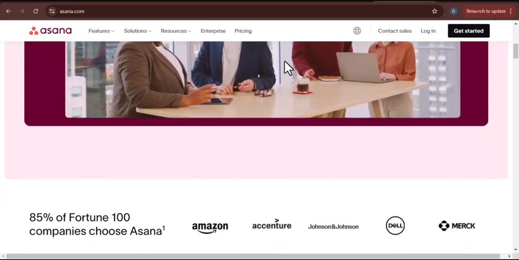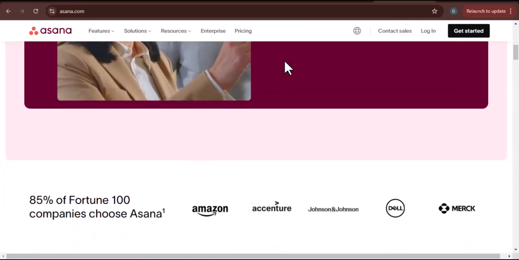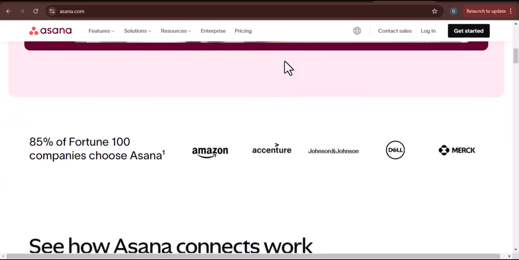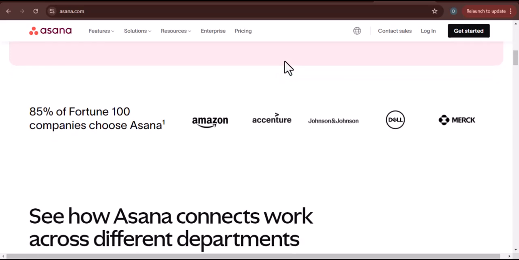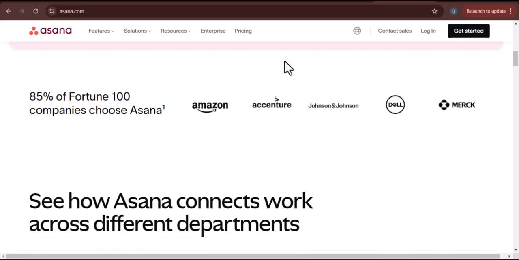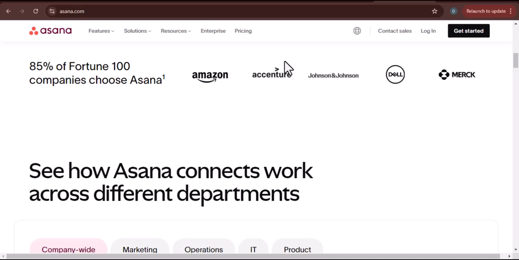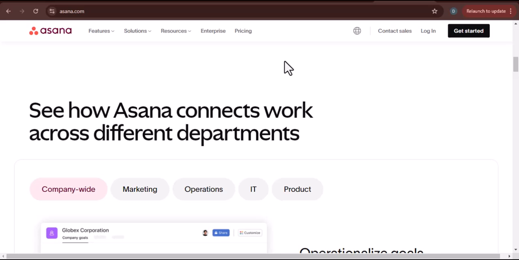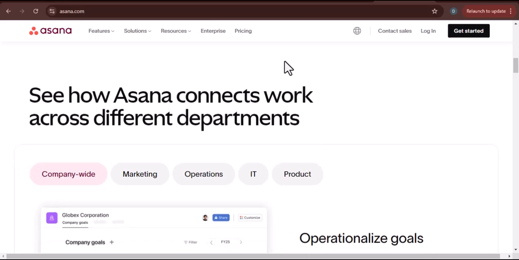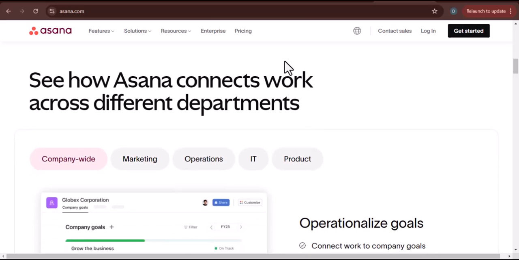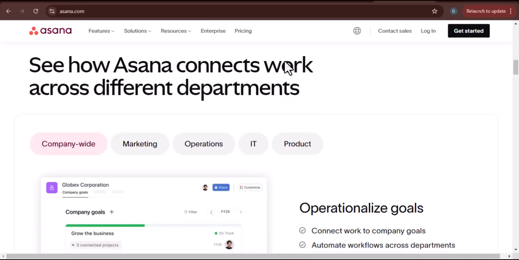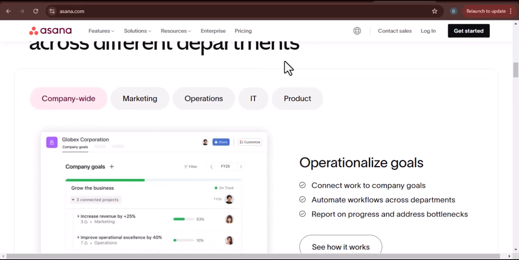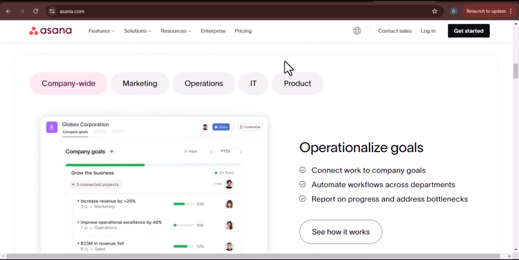And the burning question on everyone's lips, especially if you're an Asana user, is this: can Asana actually schedule social media posts? We all know Asana as that powerhouse of project management, right? The place where tasks get assigned, deadlines get set, and chaos gets, well, managed. It's the go-to for teams looking to streamline workflows and boost productivity. But social media, that's a whole different beast. It's a constant stream of content, engagement, analytics, and, let's face it, a lot of unpredictable algorithms.